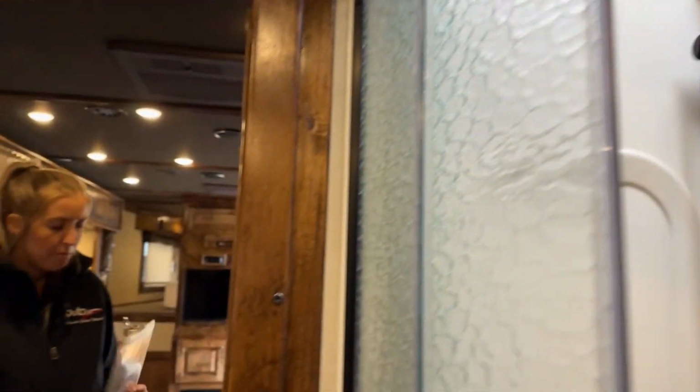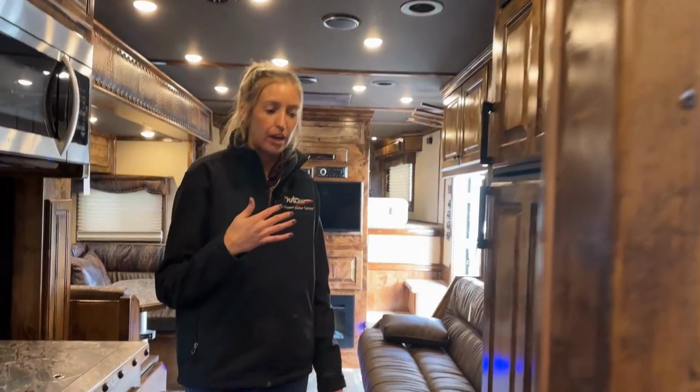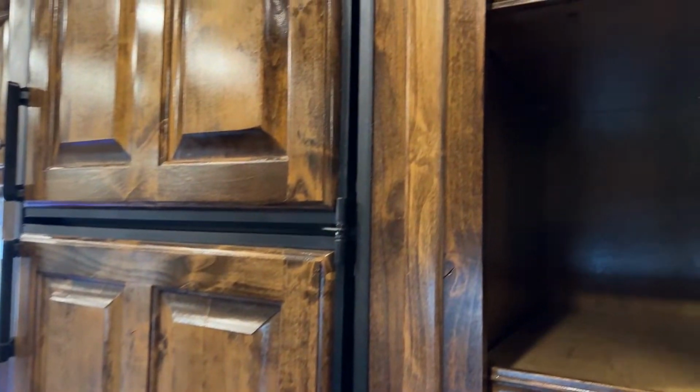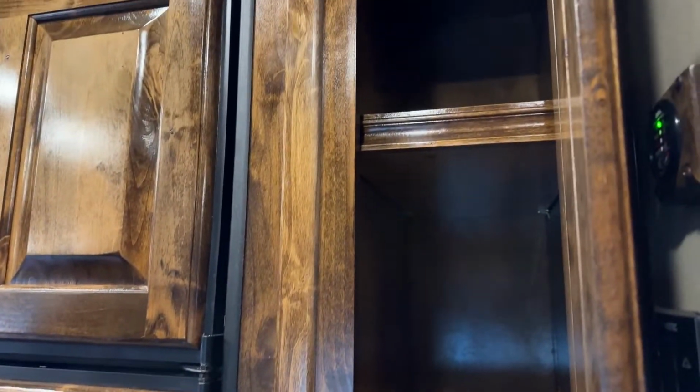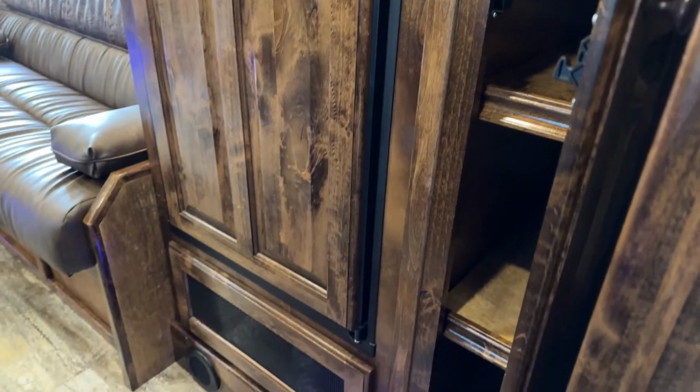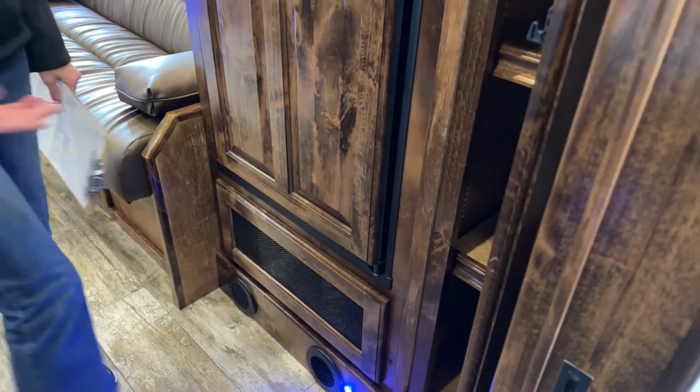So as we work our way back in the living space, we're going to run down our passenger side right now. So starting right here, kind of in this little corner, we've got a pantry. I really like those setups for extra food storage. It's going to be great. You have those shelves. Those are adjustable shelves as well, so you can actually put those wherever you need them. If you do have some taller items or some shorter items, it's really nice, the versatility of being able to